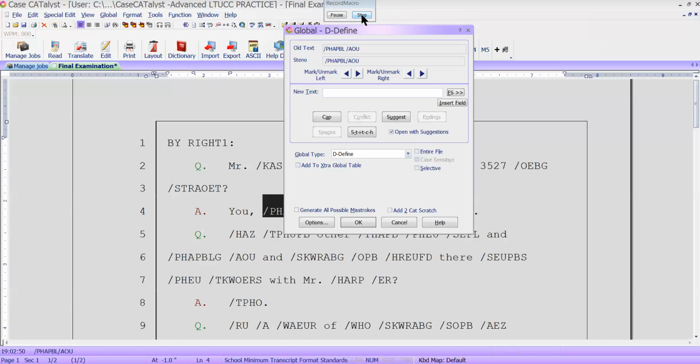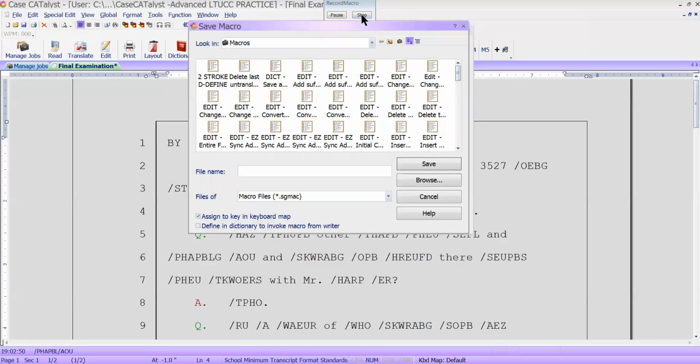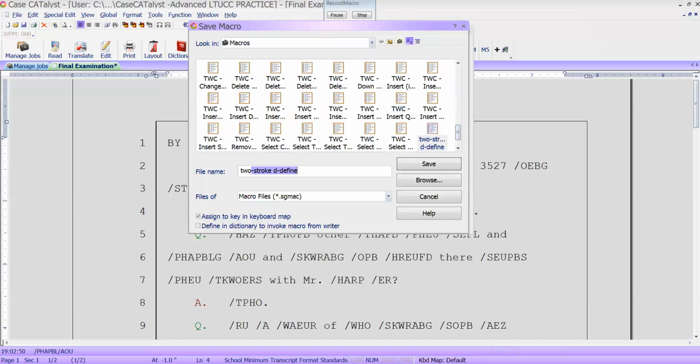And I should have told you, when you use the Alt T M R, up at the top of your screen, you see record macro. So that's recording any keystrokes that you make on your keyboard. Okay, so now I'm going to press stop. My save macro dialog box appears. So now I'm going to name this file two-stroke